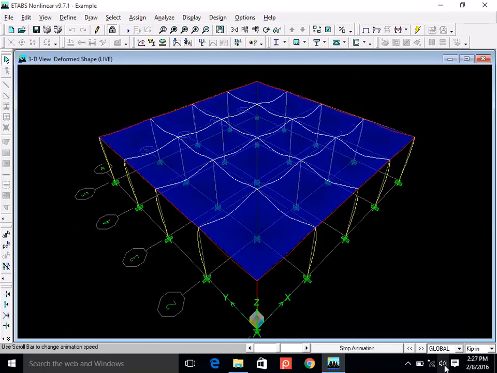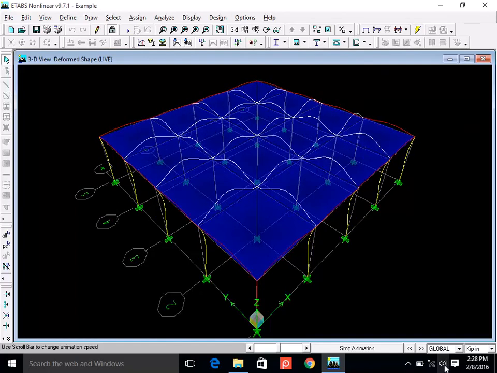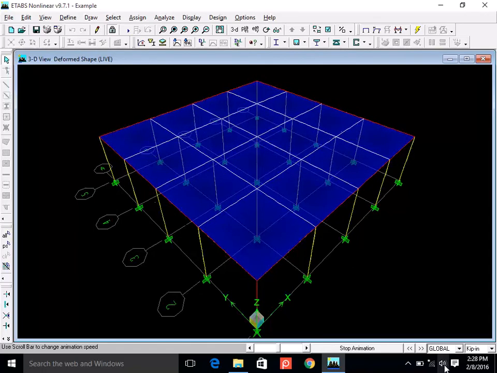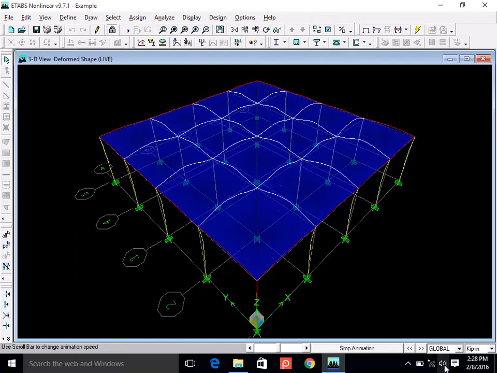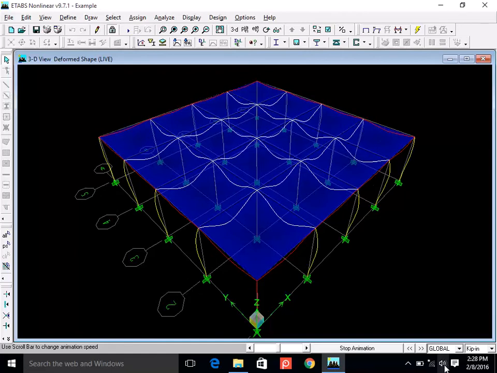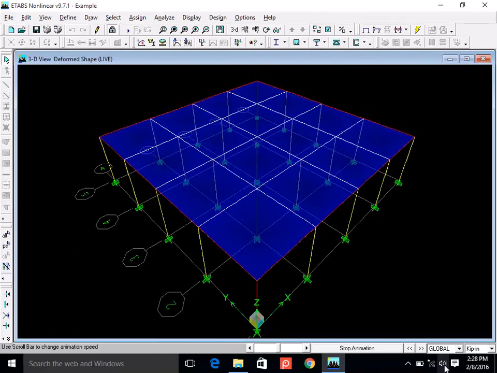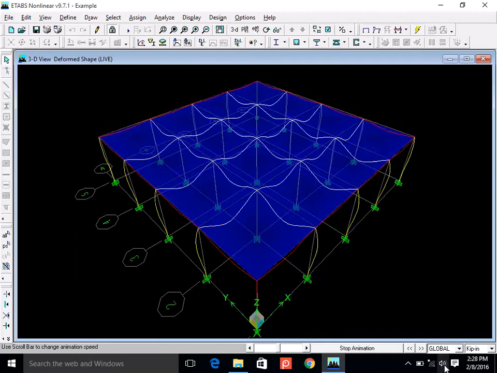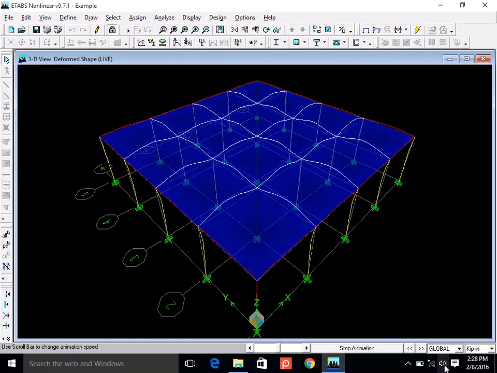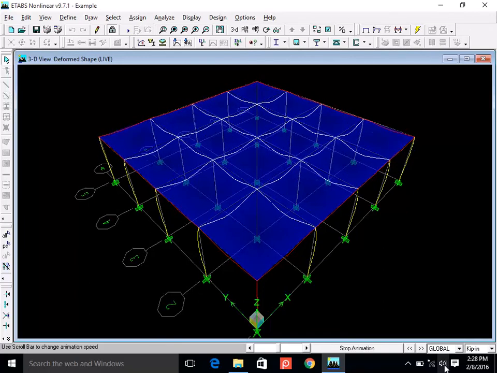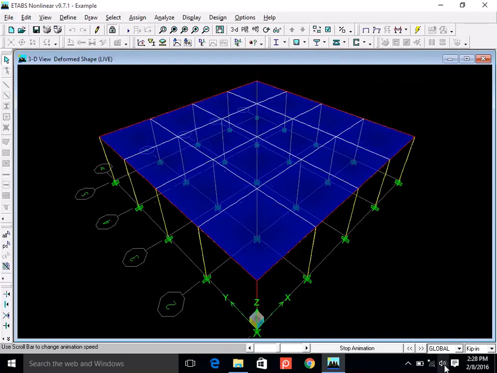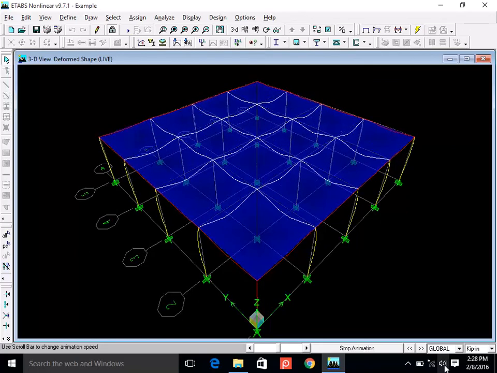Yes, the deformed shape tells us that beams are moving independent of slabs. Right? They are disconnected completely. That's the problem. That tells us that our analysis is wrong. In reality, you see that the slab is continuously connected with the beam, right? But in this case, the beam is only connected at the edges to the columns. So what is happening is that slabs are not transferring the loads to the beams, but slabs are transferring the load to the columns because slabs are connected only to the columns. So,